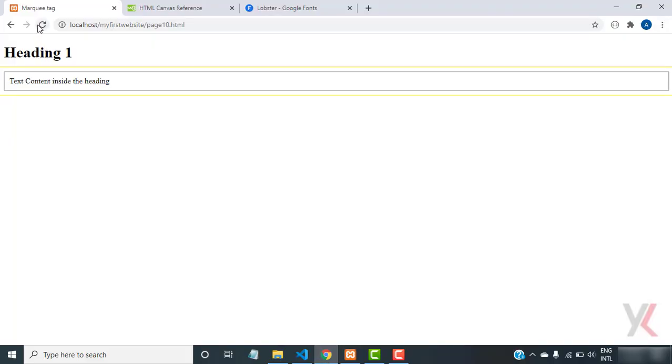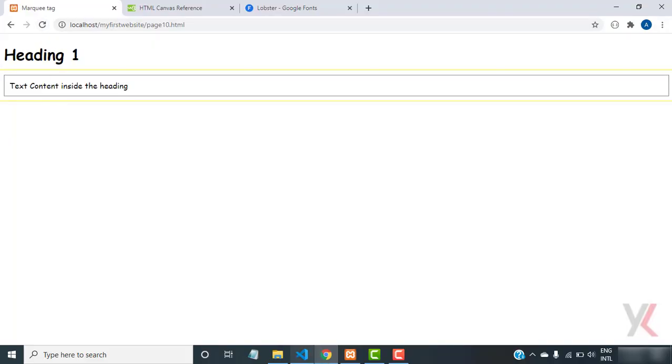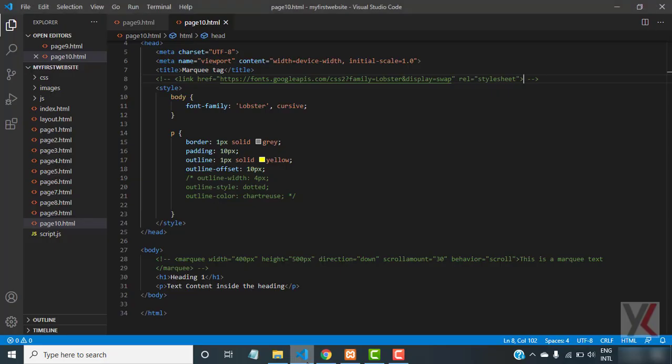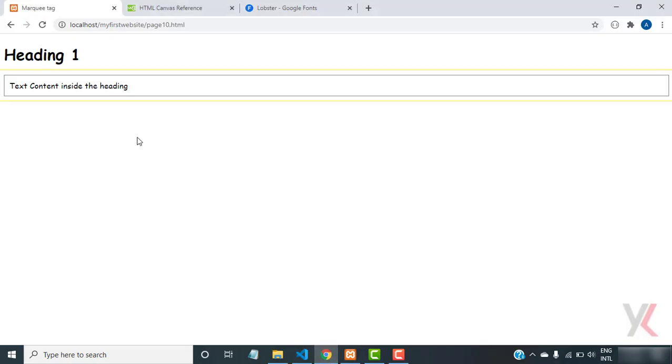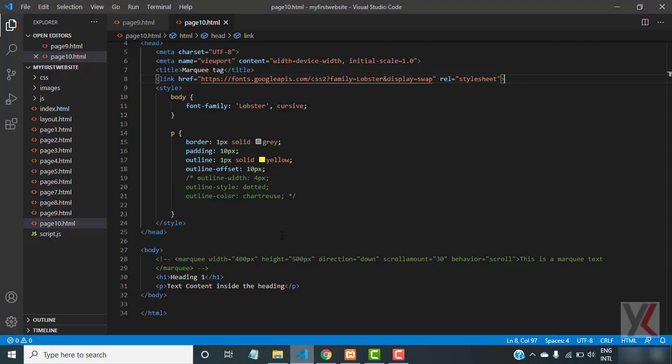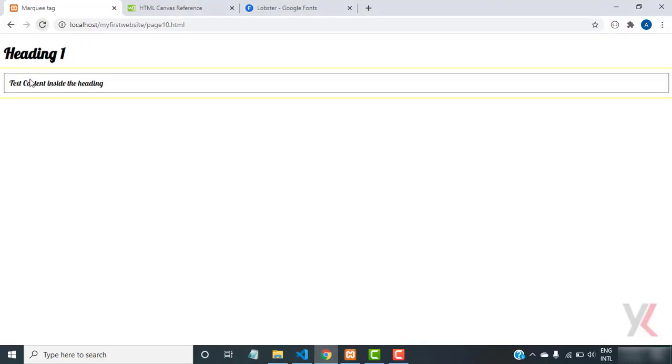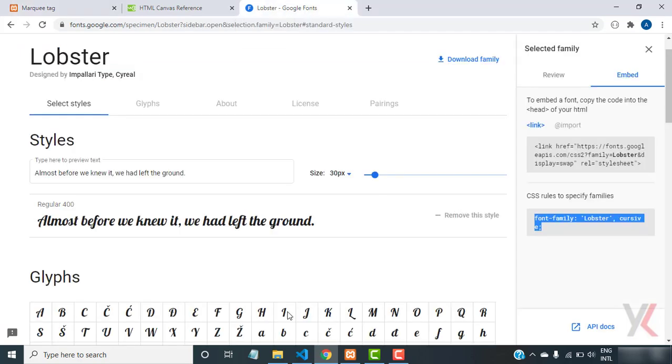You refresh it. See, now it is not the Lobster style, it is some other style. So you have to give both the links and the font family. This is taking the cursive font here. So when we refresh it, see, this is the actual Lobster font family. So you can use any of these